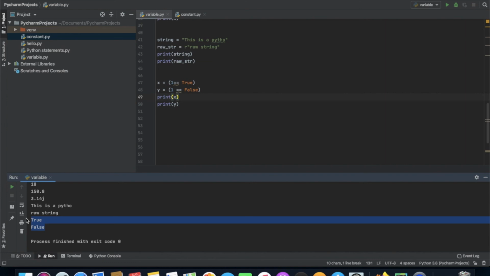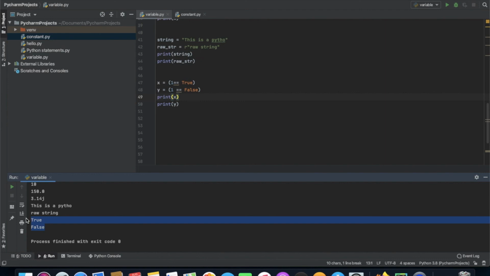Basically, there is a term known as literal collection. There are four different literal collections: list literals, tuple literals, dict literals, and set literals. They will become more complicated for you if we talk about these literals in this video. For this video, we will be keeping this much only: what are variables, what are constants, what are literals. I have given you a basic and a big overview of these. If you want to know more, you can check the official documentation of Python, and I will be providing the link to the Python 3 official documentation in the description. You can go and check it out from there.